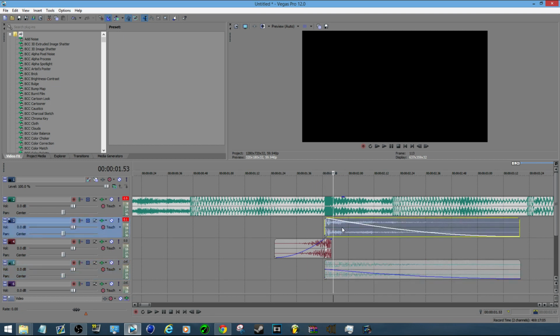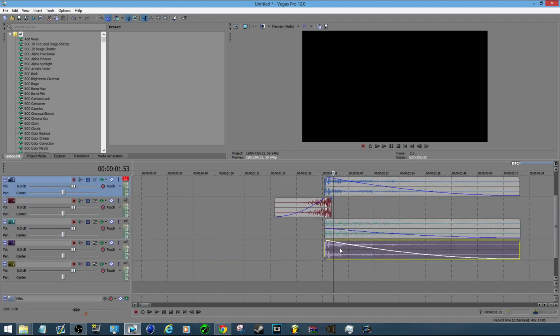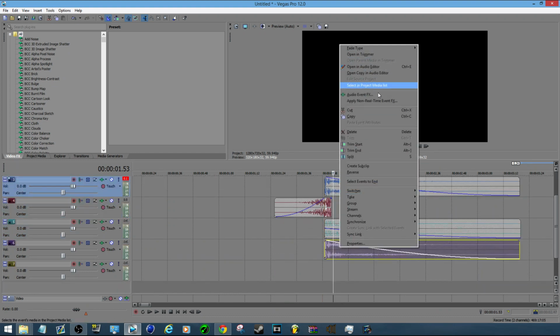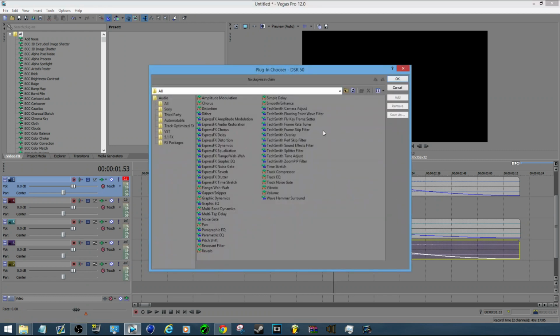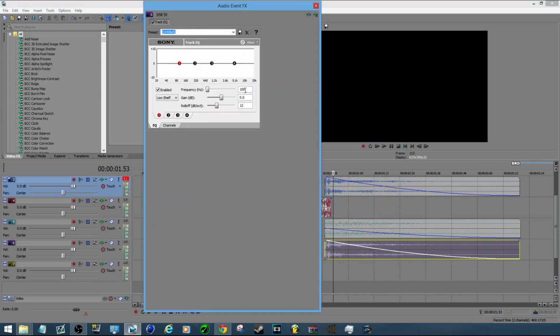Now we're going to duplicate this. We're going to hold Control, click, and I'm going to drag it all the way down. Right click, and go into my audio event effects. Now you're going to click Track EQ. Double click that, hit OK. Alright, you're going to get this menu here. Now I'm going to pull up my preset